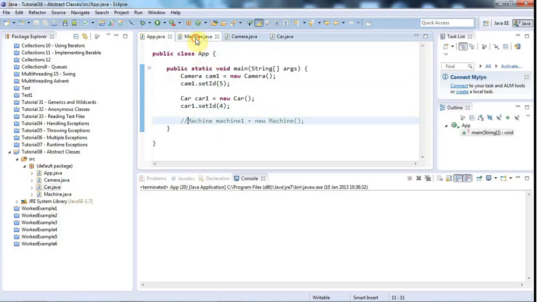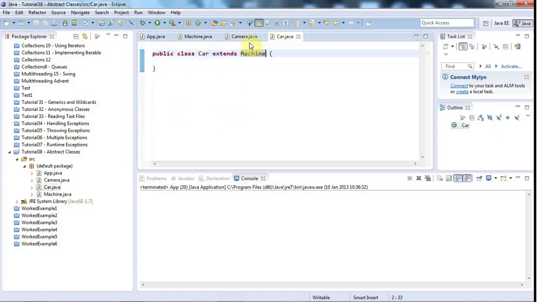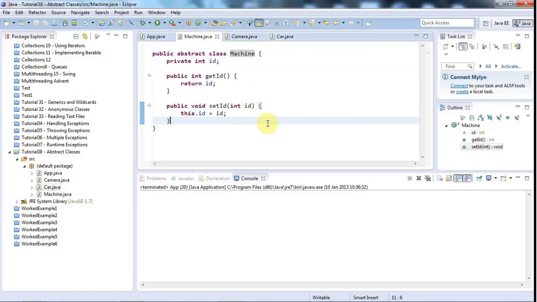Now this is an abstract class, and abstract classes can have abstract methods. Let's say I now want to force all machines to have a method called start, because every machine that I'm going to have in my program has got to have a start method to start it up somehow, whether it's a car or a camera or whatever it is. Cameras these days are usually digital and you have to start them up. So I could have an abstract method, and this will be appropriate if I want to force all my child classes to implement it,